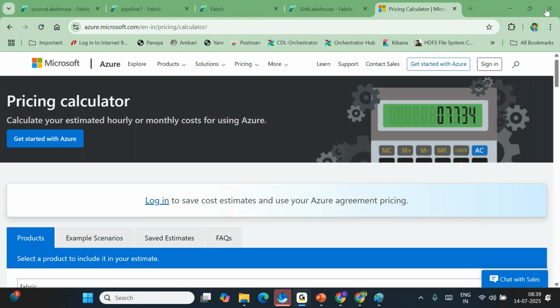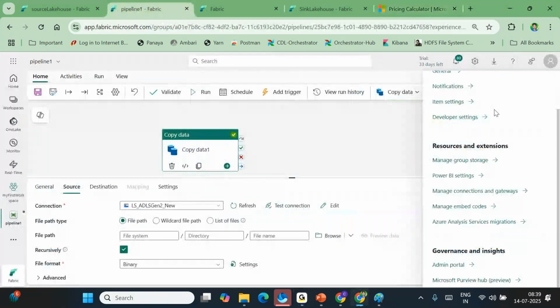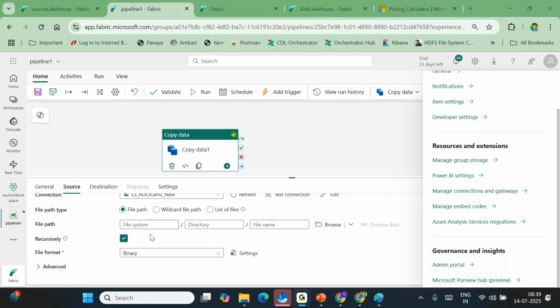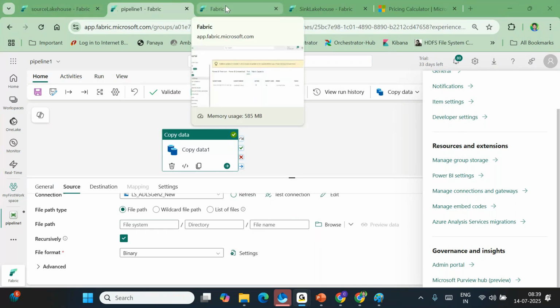Sir, we created a pipeline from source to target. If you run the pipeline tomorrow, how will the data be transferred? Will only the new file be transferred, or will it delete everything and copy again? Very good. As we are not handling incremental loads currently, it will take all the files and overwrite if some file already exists.